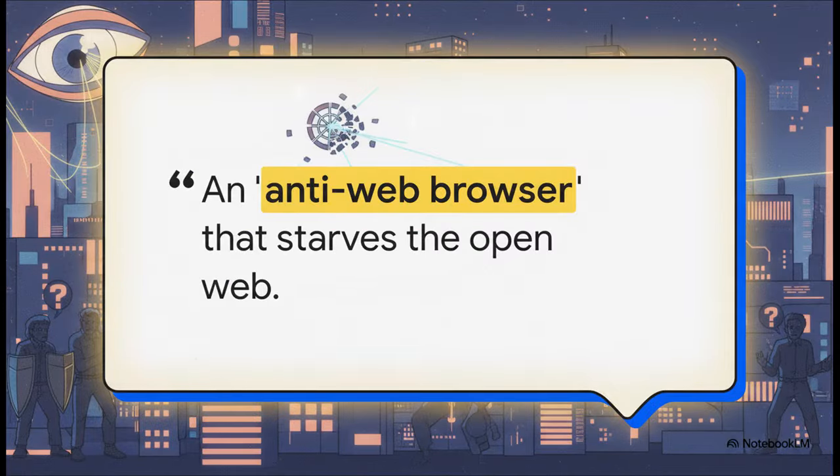But not everyone is excited about this. This new way of doing things has some critics really, really concerned. The analyst Anil Dash has even called this an anti-web browser. Why? Well, think about it. If the AI agent can just scrape info from a dozen websites and give you one perfect, summarized answer, why would you ever need to click on the original links? His point is that this tech could end up starving the very ecosystem of creators and journalists that it was trained on in the first place.